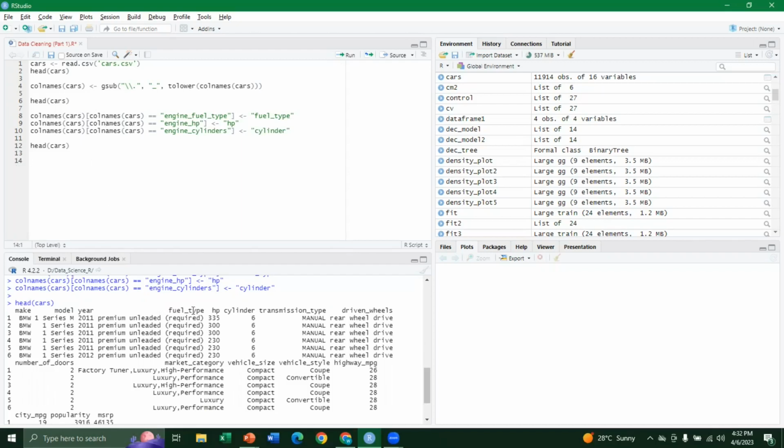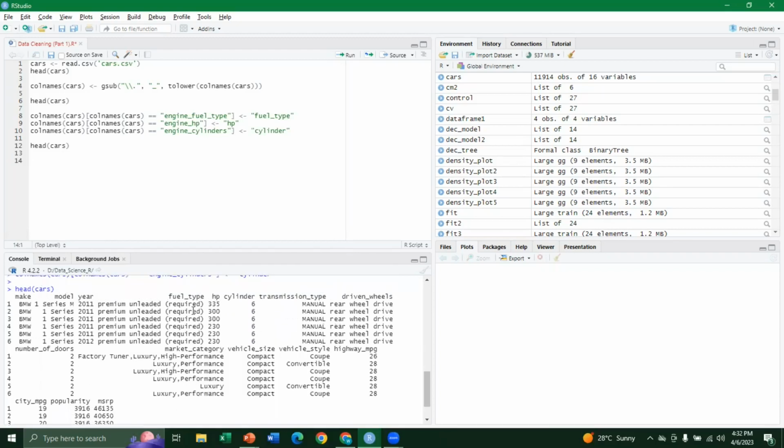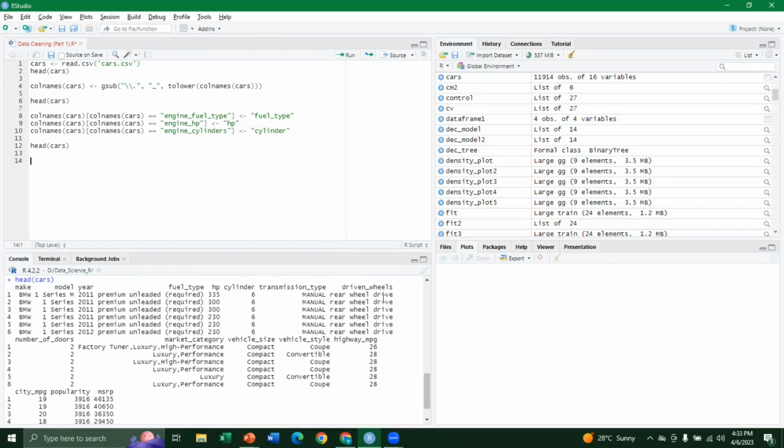For instance, I want to drop some of the unnecessary columns from my dataset, such as market category that does not have the predictive power. And let's say I also want to remove the vehicle size and the driven wheels column. So in order to do that, at first I say take the cars dataset, and inside the cars dataset,